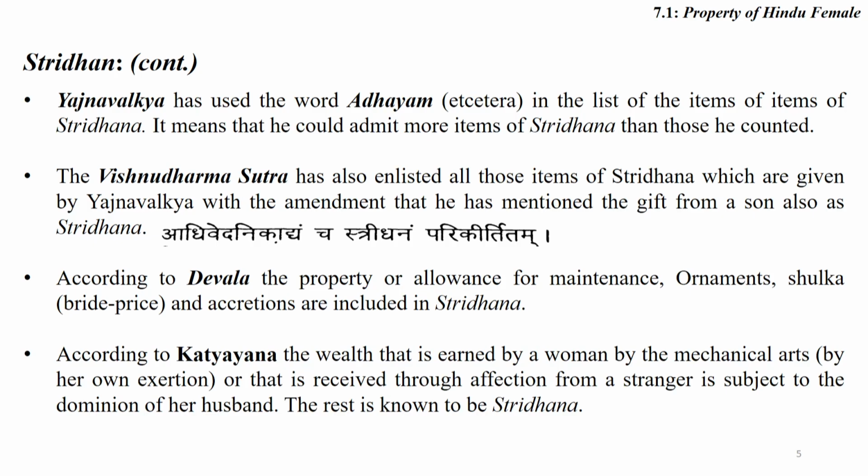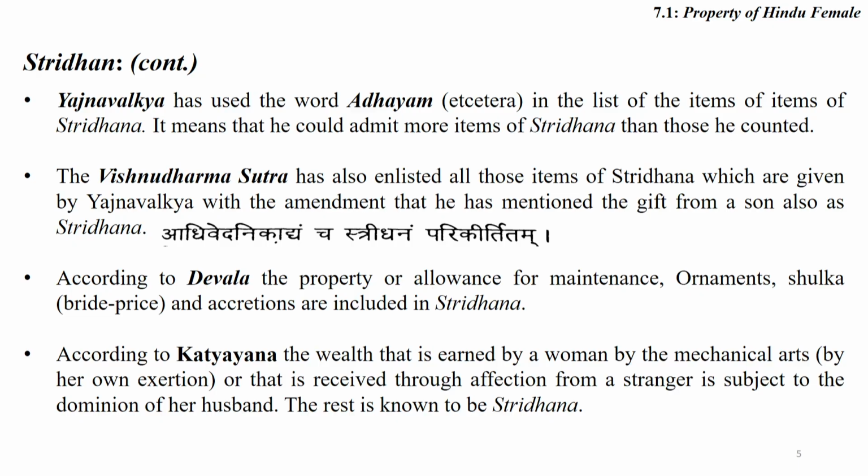The Vishnu Dharma Sutra has also enlisted all those items of Stridhan which are given by Yagyavalk, with the amendment that he has mentioned the gift from a son also as a Stridhan. Vishnu Dharma Sutra also added something. Gift received by the son is also considered as Stridhan. Adhived Nikadyam cha Stridhanam